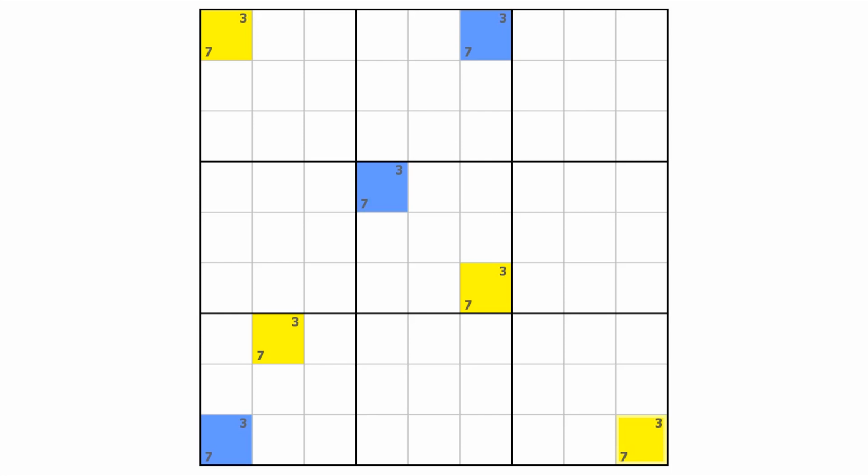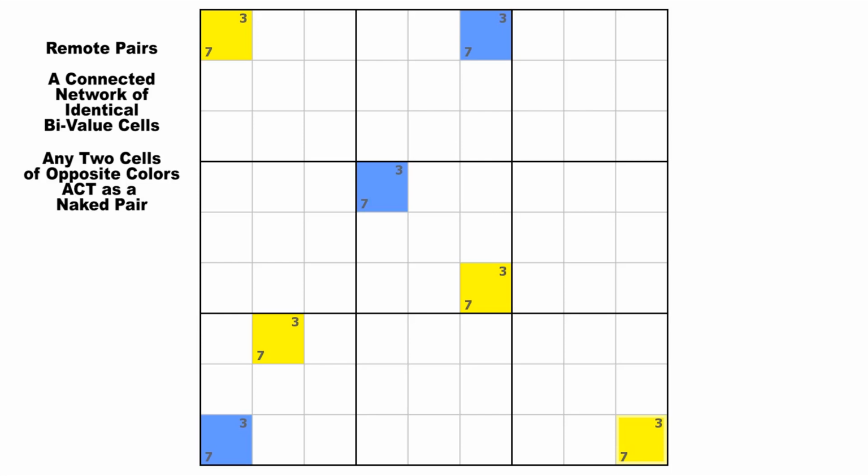So we know that all the blue cells will be 7 and all the yellow cells will be 3, or the other way around. All the blue cells will be 3 and all the yellow cells will be 7. These are called remote pairs. And the consequences of this are that any cell that can see both a blue one and a yellow one